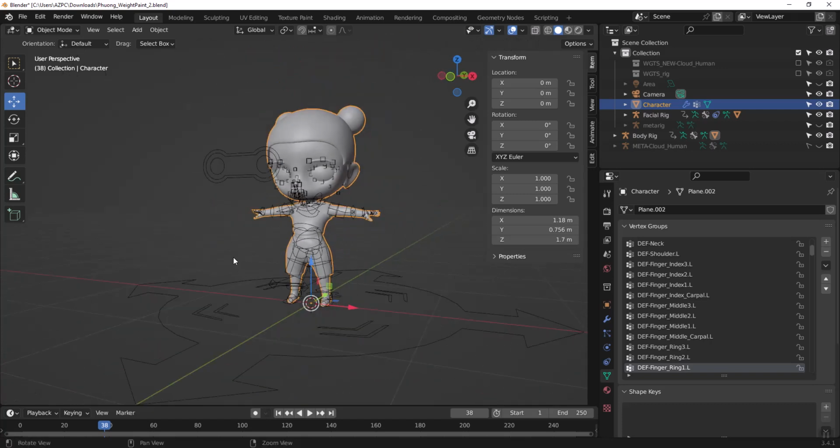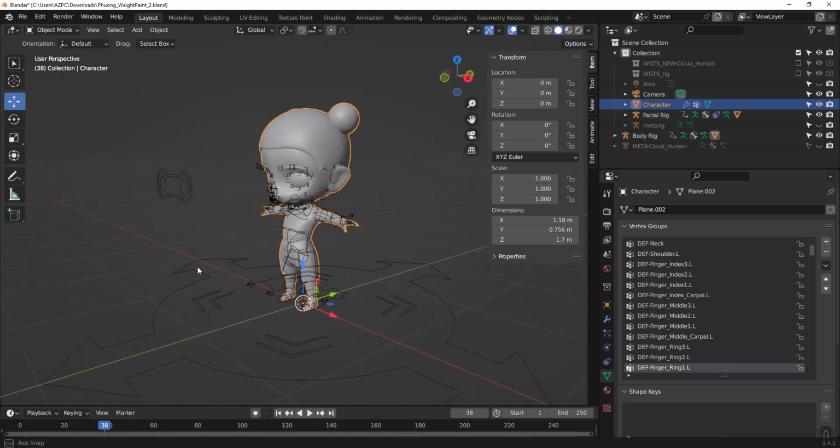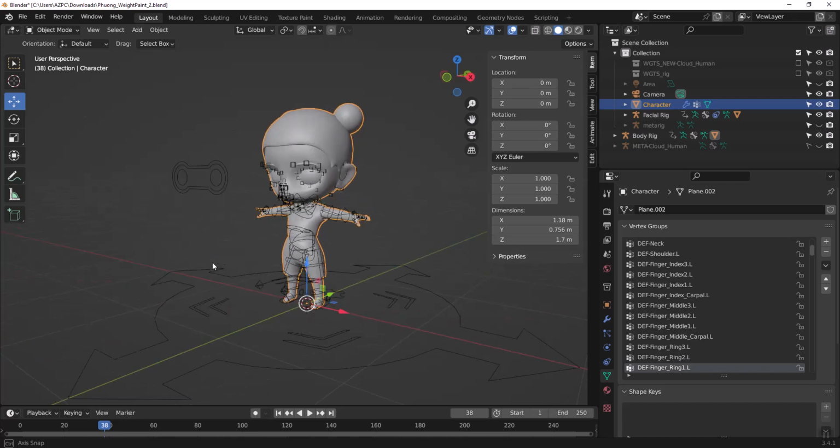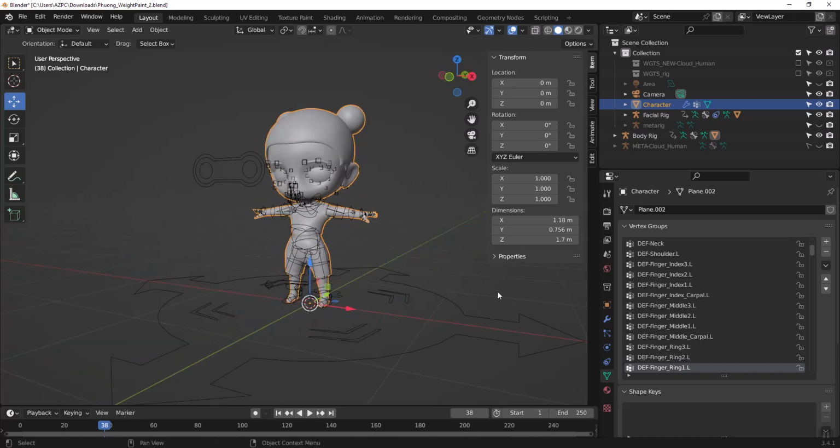So that's pretty much it for the rigging. If you choose to combine two rigs together, those are the steps that you might want to follow. And another thing